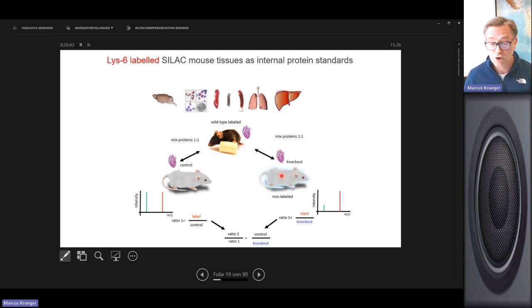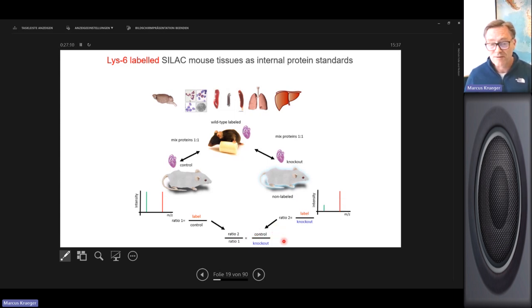And again, this is the black mouse, this is the white mouse. There are differences for sure. However, we use it as a spike in, right? So we're always comparing these two peaks here, the light and the heavy, from the control mouse, and the light and the heavy peak from the knockout mice, right? And by dividing these two ratios to each other, label against control, label against knockout, we cancel out the label,